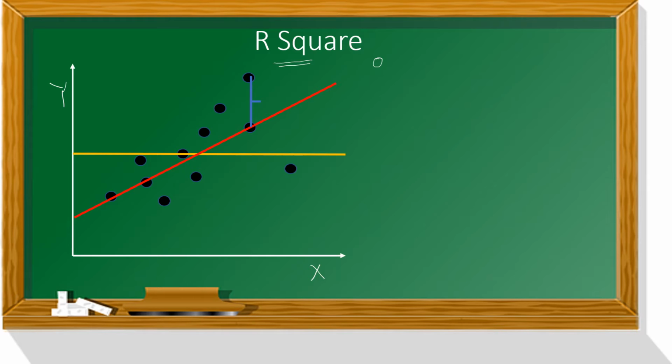Okay, this R square is different from the R. This R is the correlation value between two variables. Okay, but R square is a little bit different. We'll explain this. Now any value in this yellow line represents the mean value, which is y bar. Any value in the red line represents the predicted value, which is represented by y hat, and this value is the actual value of y, yi.